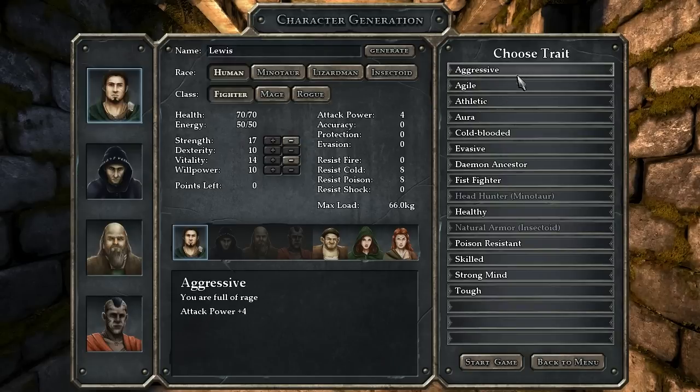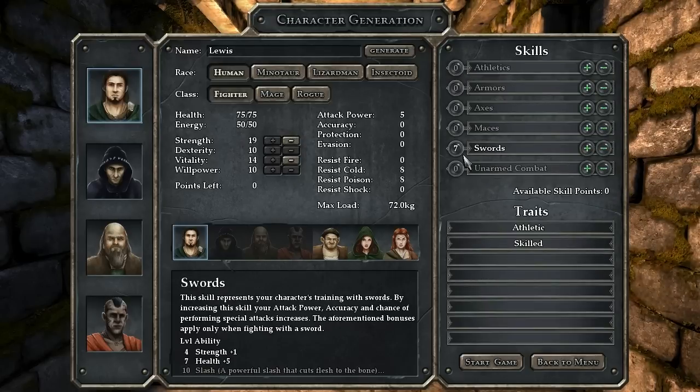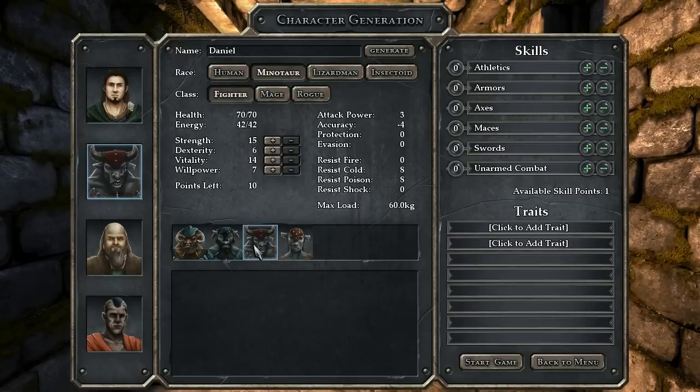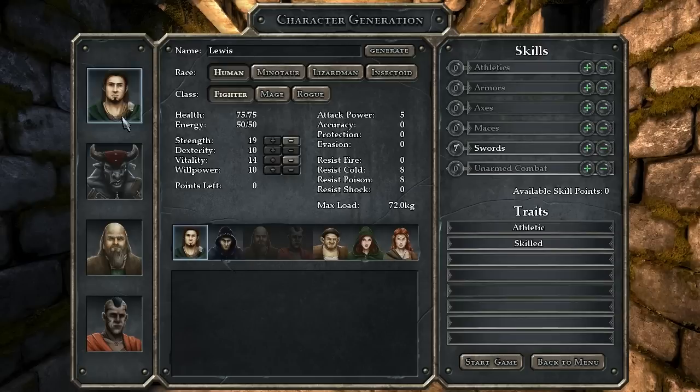So, choose trait. Strength and skill. I guess I get some more skill points, and stack even more of this. There we go. And this guy is going to be a minotaur. I love my minotaurs, man. Look at him. Like Tauren, but this isn't WoW. I don't know if Tauren even came from WoW, probably came from Dungeon Defenders or something like that. Seems to always happen, but...